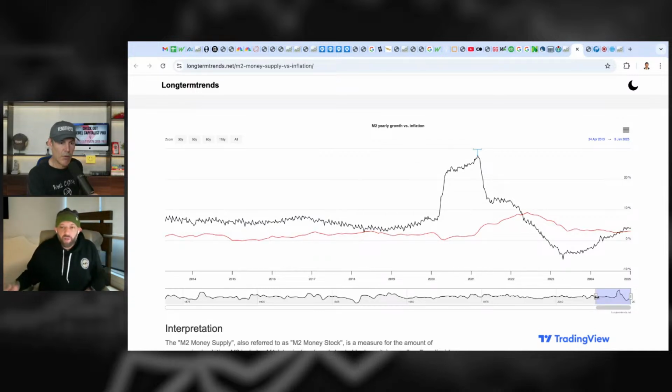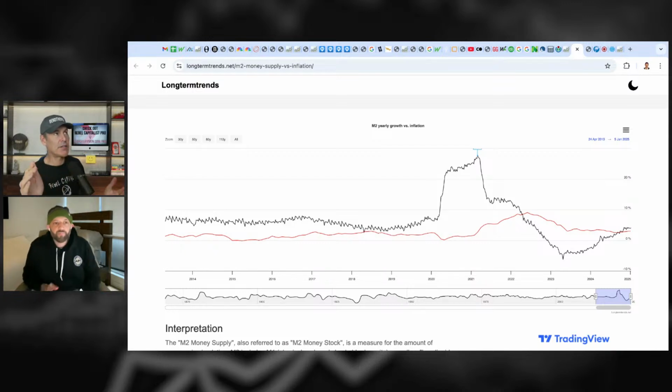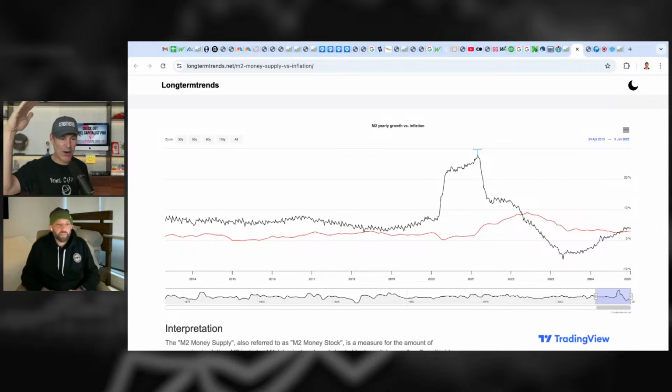But look, another way to look at this, Chris, is let's just ask ourselves, since let's just say the GFC, how often out of that, let's just say 15-year span, has the Fed been at their target? That would be 0%. Right. 0% of the time. They've either been under or over.